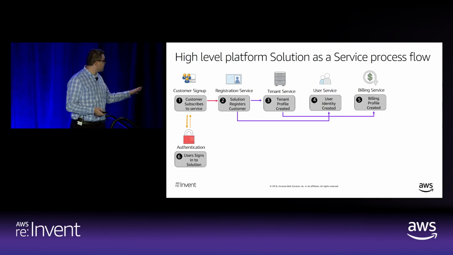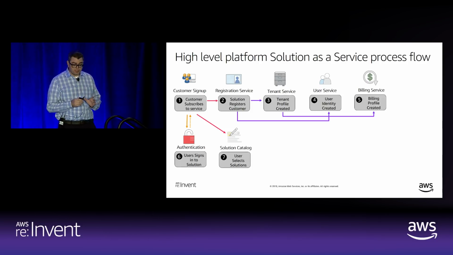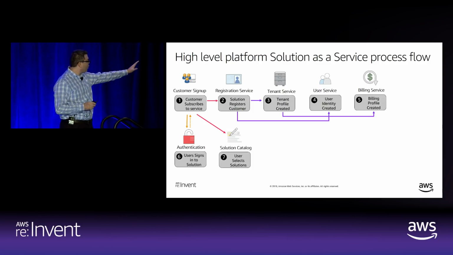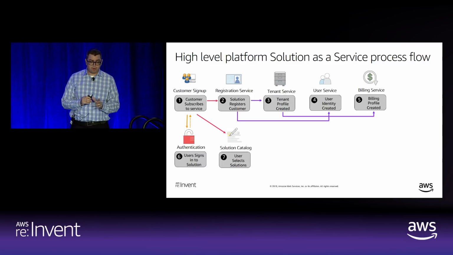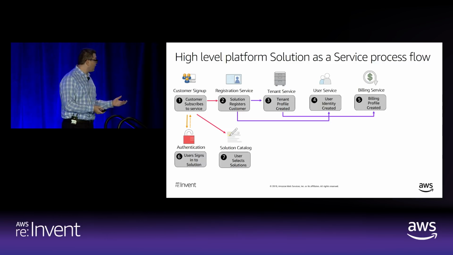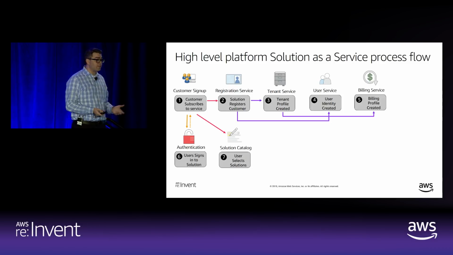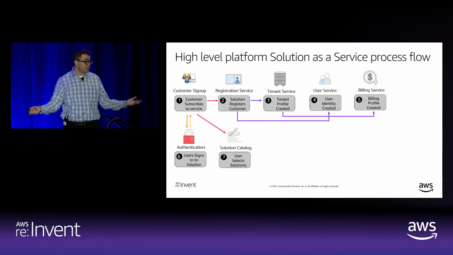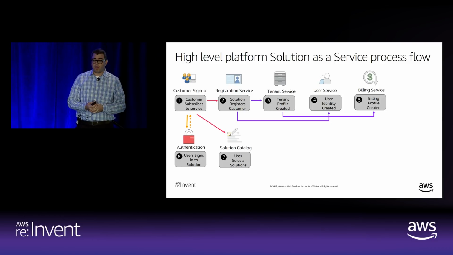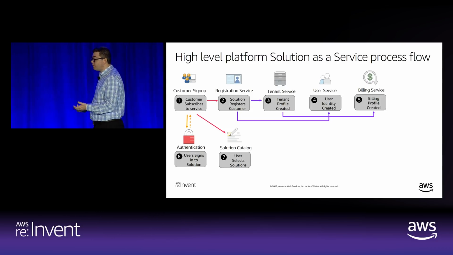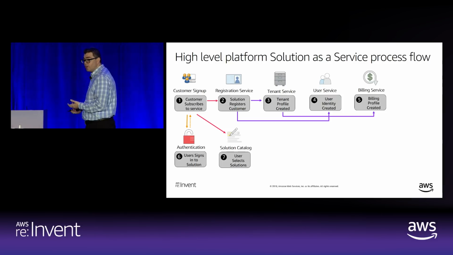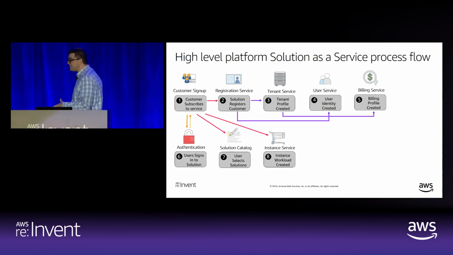So a user will authenticate. What they're responsible for doing after they've been onboarded is to identify what product they want, right? So you offer a number of products. They select from a catalog. Maybe they want a relational database as a service. Maybe they want an application that will allow them to deliver web application firewalls for their custom applications. And then finally, they'll instantiate.